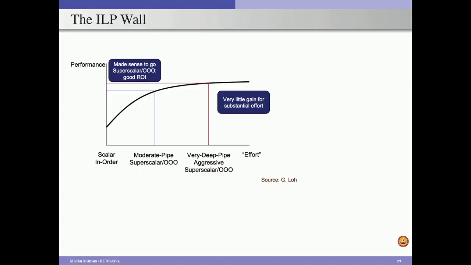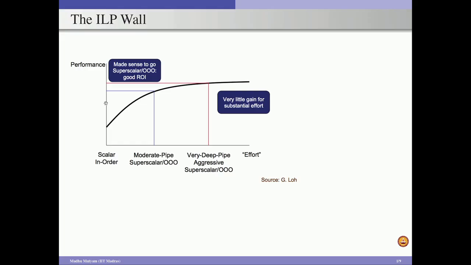And in reality, the amount of performance we get from these aggressive superscalar mechanisms as well as deeper pipelines is not that high compared to a moderate pipeline superscalar processor design. This is called the ILP wall. The ILP wall says the returns we get are not much higher compared to the amount of effort we put in. In this graph, the x-axis shows the effort we put in and the y-axis shows the performance we get in return.